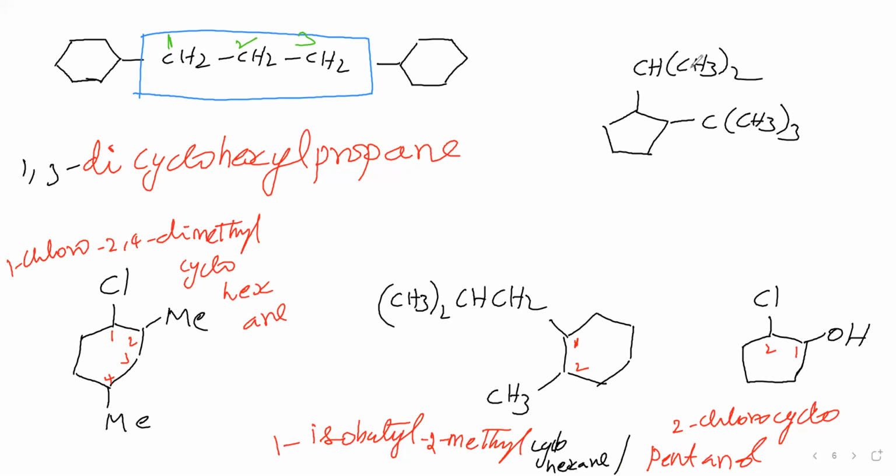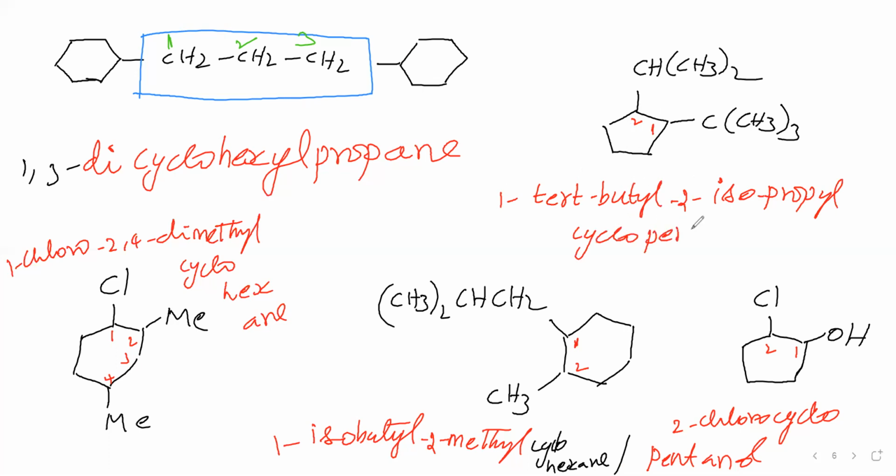This you have tried. This is isopropyl, and this is tertiary butyl. Which will come first? Tertiary butyl will come first because butyl's first letter is B, and isopropyl's first letter is P. Butyl should get the least position, therefore number 1 here, number 2 here, because alphabetically it comes first. So tertiary butyl number 1, isopropyl number 2. It is a cyclic compound, therefore cyclo, 5 carbon atoms are there, therefore pent, primary suffix ene.